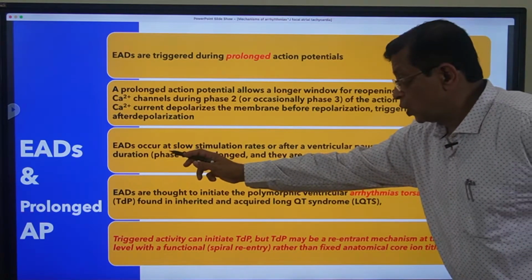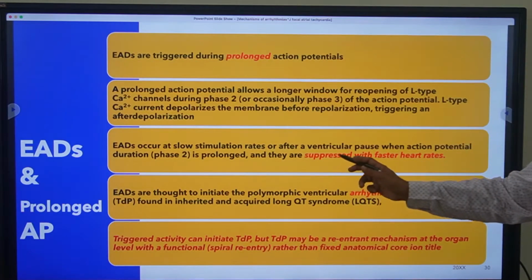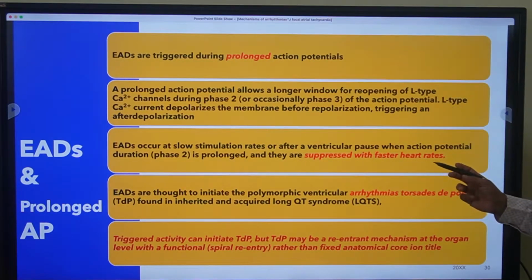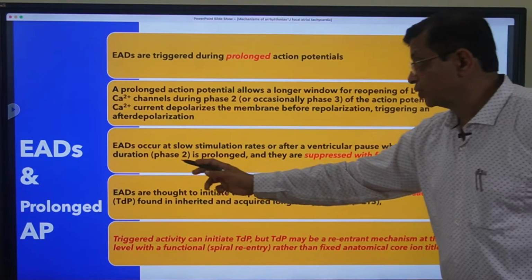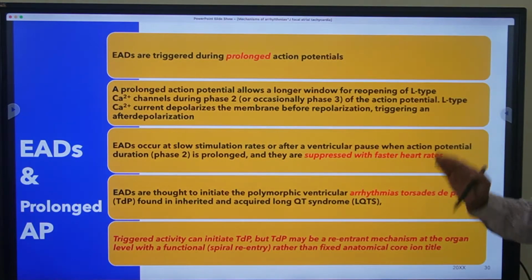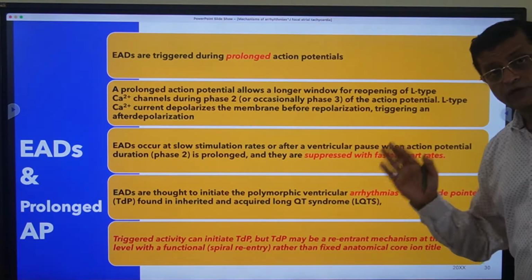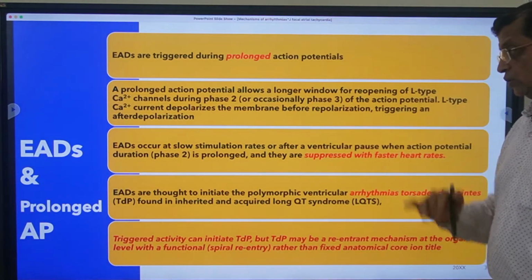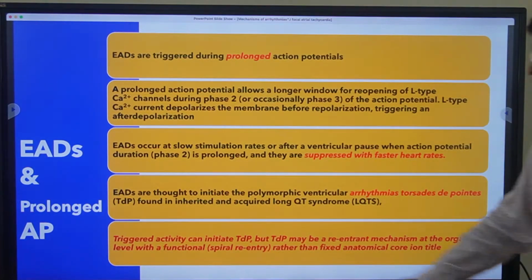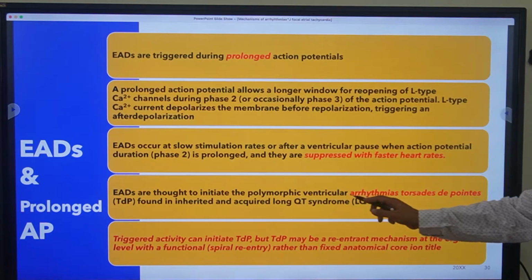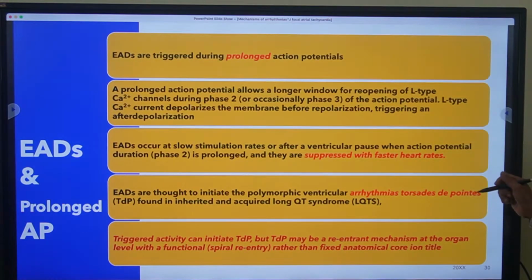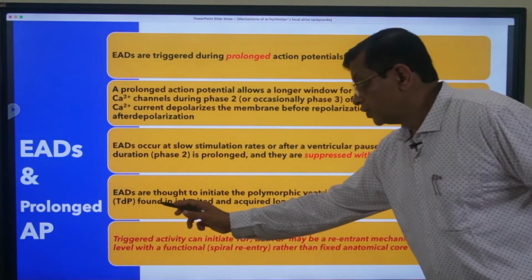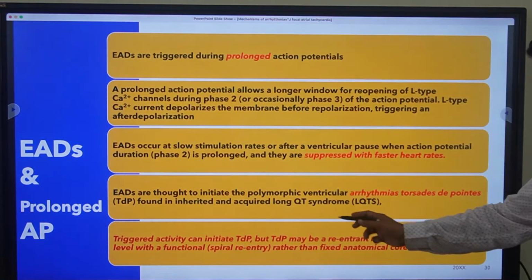So EADs occur at a slow stimulation or after a ventricular pause when the action potential duration is prolonged, and they are suppressed with fast heart rates. So whenever the heart rate is fast, these do not occur. They are thought to initiate the polymorphic ventricular arrhythmia torsades de pointes (TdP) that is found in inherited or acquired long QT syndrome